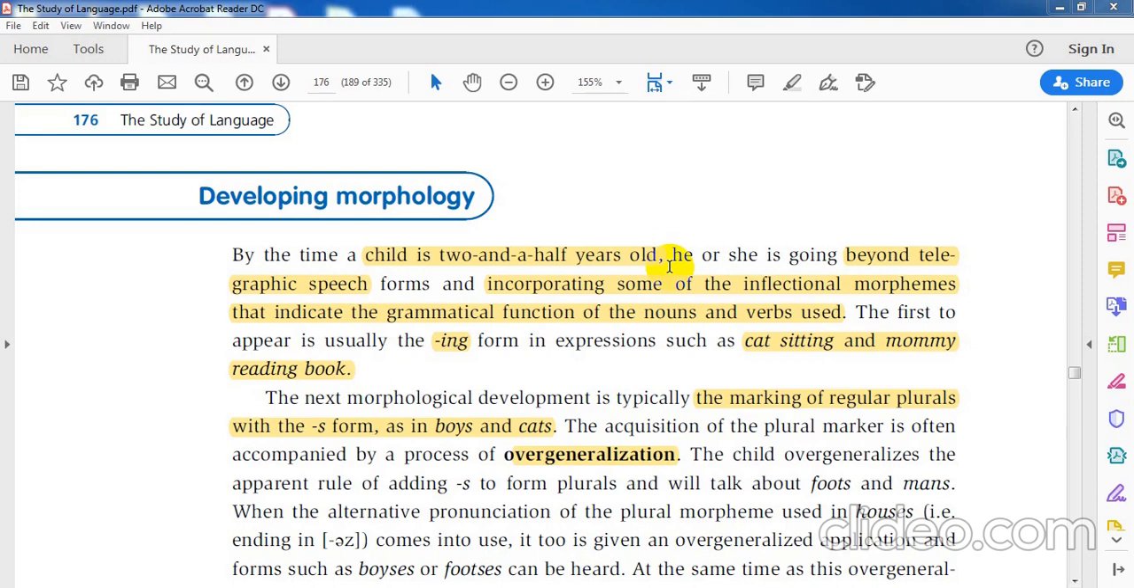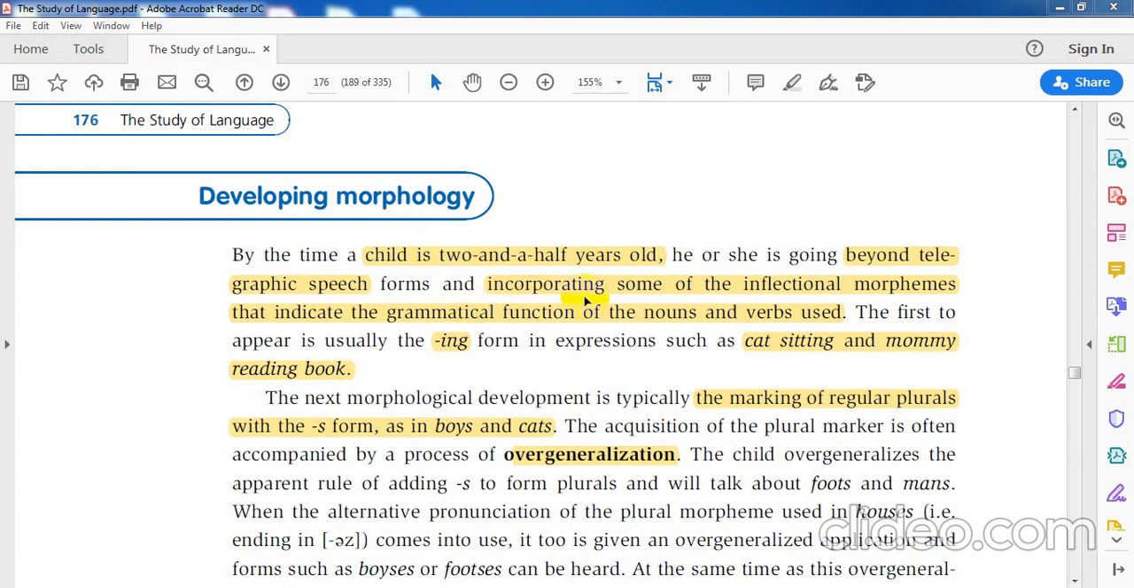Then we moved to talk about another stage, which is the transactional one, the telegraphic speech, and today the language stage is going to be our concern. To start with, as you see here on page 176, is developing the morphology. By the time a child is 2.5 years old, which is beyond the telegraphic speech, the child starts here to